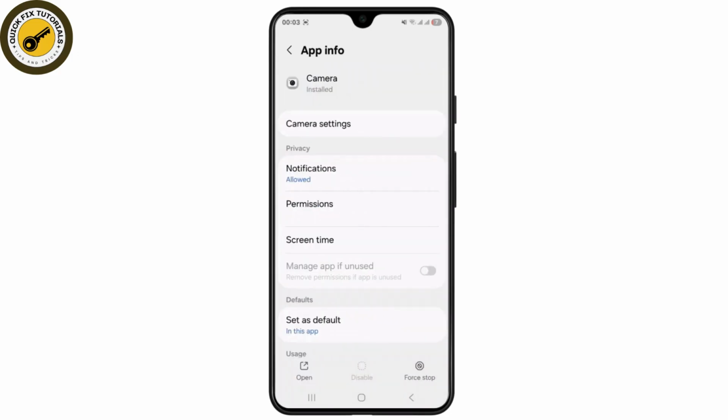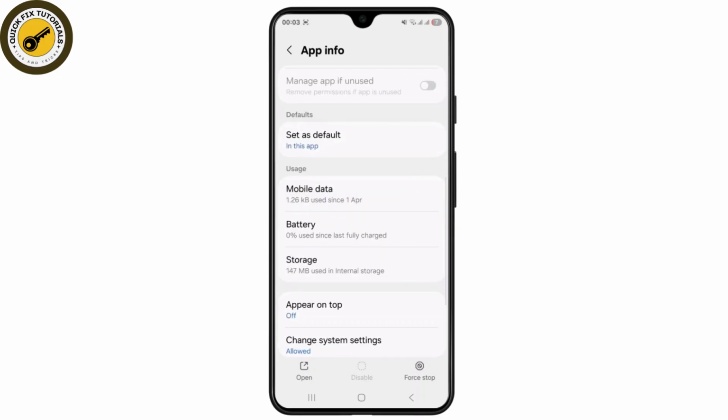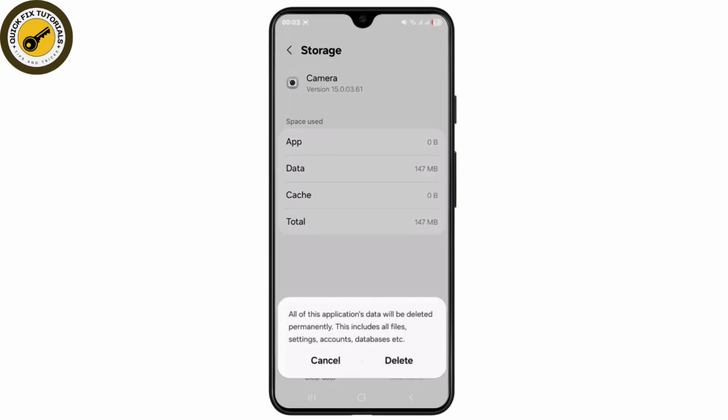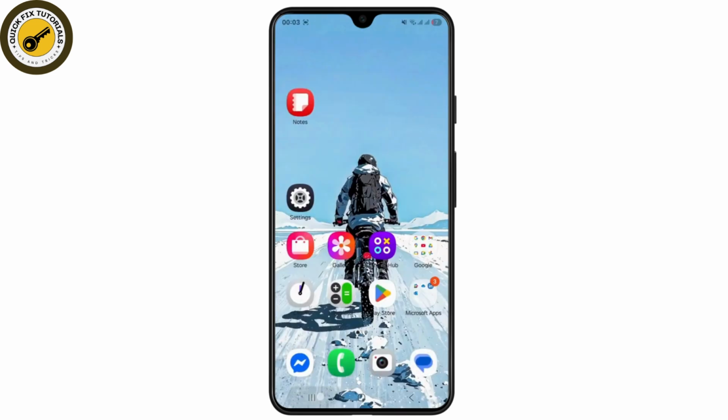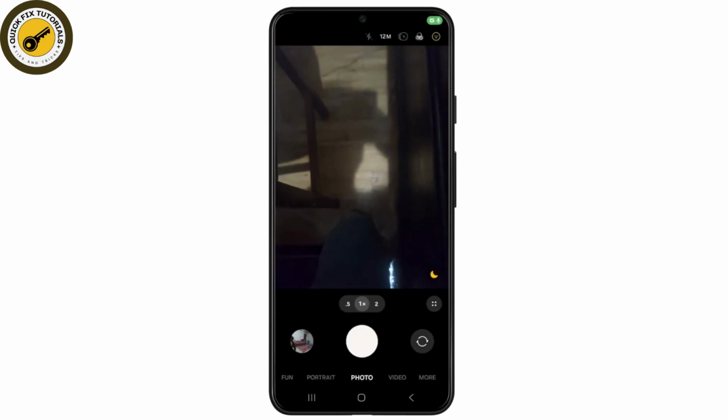Just tap on that. Since it's a default application, you can't actually uninstall it, so you just have to click on this storage option by scrolling down, click on clear cache, and clear all the data from over here and click on delete. Once you do all of that, I want you to reopen the camera, and now it should start